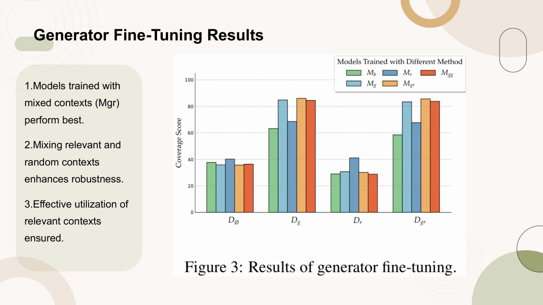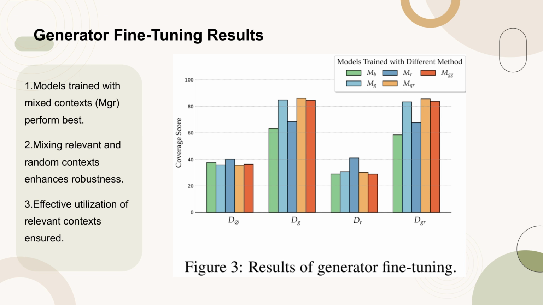Models trained with a mix of relevant and random documents perform best when provided with either gold or mixed contexts. This suggests that mixing relevant and random contexts during training can enhance the generator's robustness to irrelevant information while ensuring effective utilization of relevant contexts. Therefore, the practice of augmenting with a few relevant and randomly selected documents during training is identified as the best